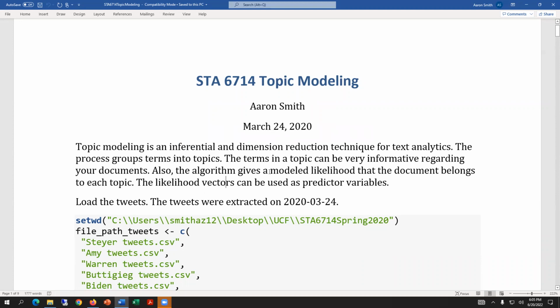Another one is with modeled likelihood. I could model, you know what, this document looks like it's 50% topic 1, 25% topic 2, 25% topic 3, something like that. Or I could use that same likelihood to classify each document, depending on what you're doing. Also, another thing that we could use,